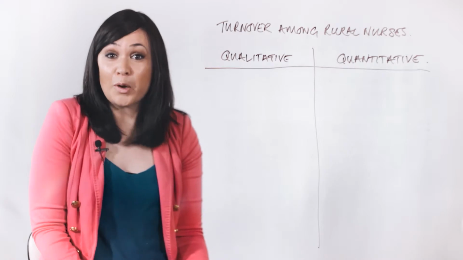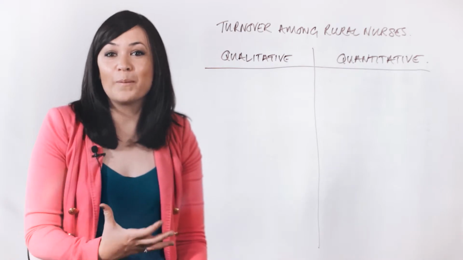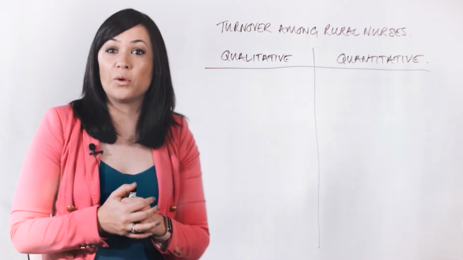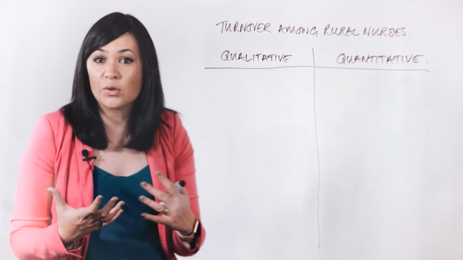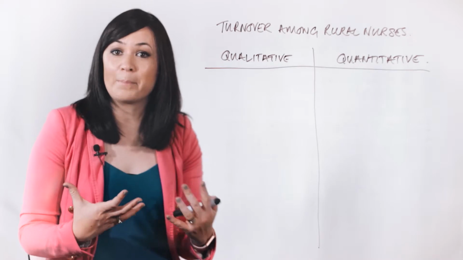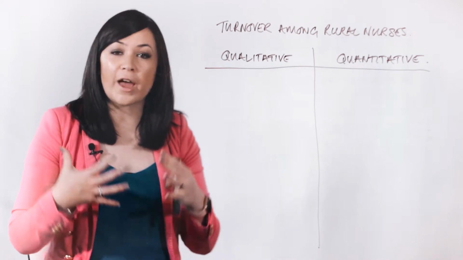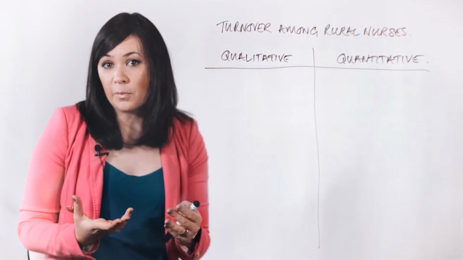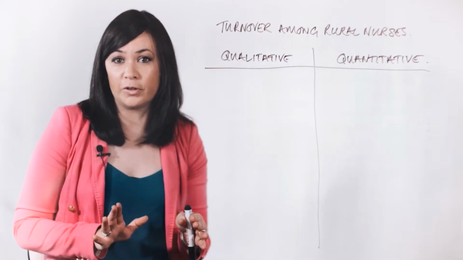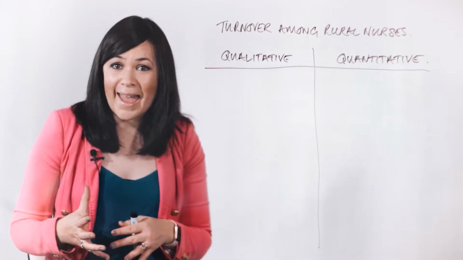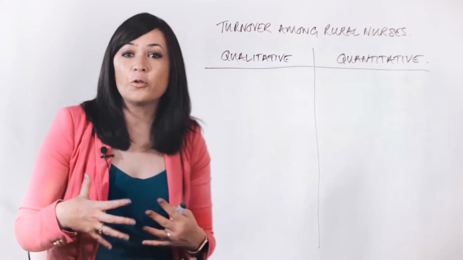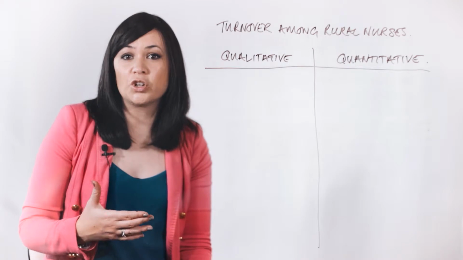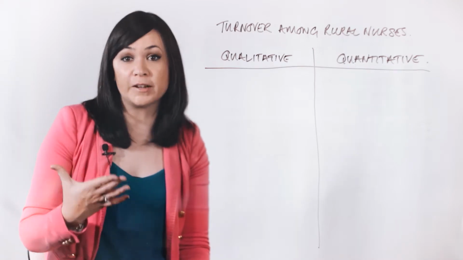Okay, well, that's a great question. Now, how do you approach this? Well, if you want to get a big picture view of what is happening, say, in the US or Canada with rural nurses and their pay, you would want to use a very large sample, wouldn't you? If you use a small sample, you would have absolutely no confidence that the relationship between pay and turnover is meaningful beyond that sample. So this would likely point you in a direction of a large sample quantitative study,